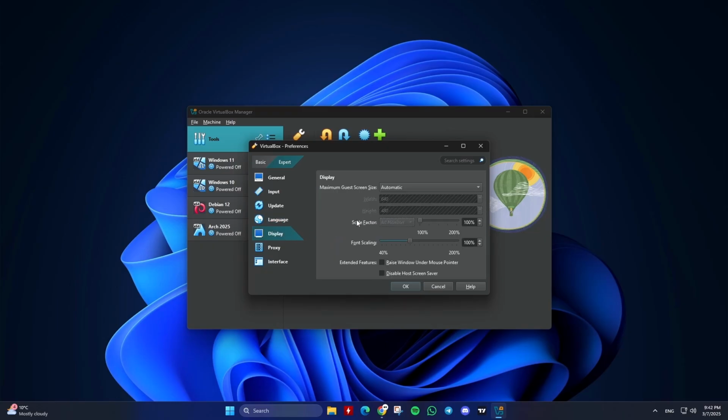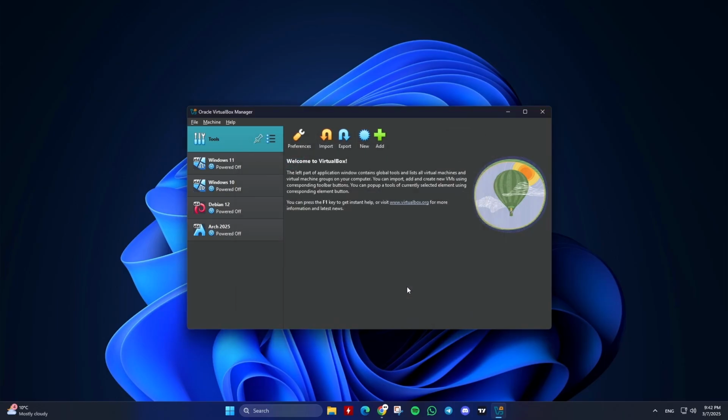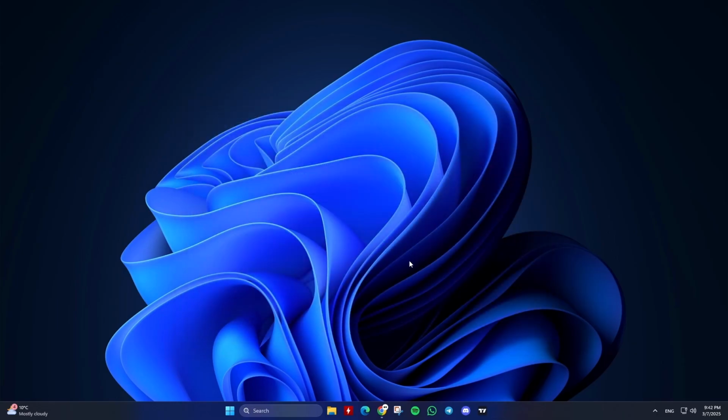Display. Adjust interface scaling and screen settings for better visibility and usability. Proxy. Configure proxy settings, if necessary, to connect VirtualBox to the internet through a proxy server. Interface. Customize the color theme of the VirtualBox interface to suit your visual preferences. Once you've made your adjustments, click OK to apply them. These settings impact how VirtualBox behaves globally on your host system, making it easy to tailor the experience to your